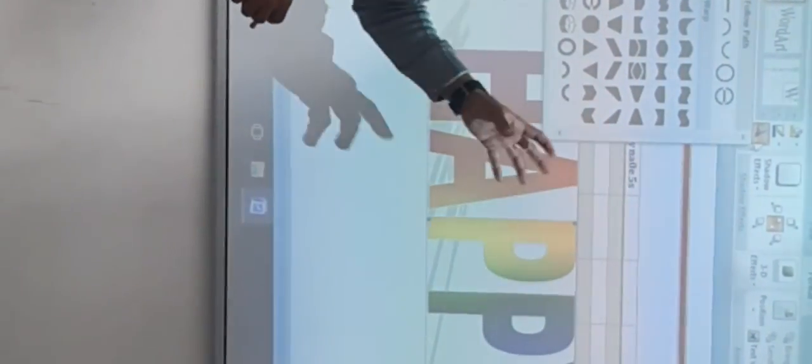Now the next option is, if you want to change the style, here are some styles. Suppose I want a curve design, so it will look like this. Here are some designs, and there are some more designs. So you can select a particular design, whatever design you want to apply. Suppose I want to print on a box on the ruler, then you can select these types of text. Understand?